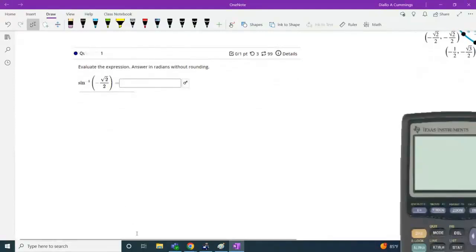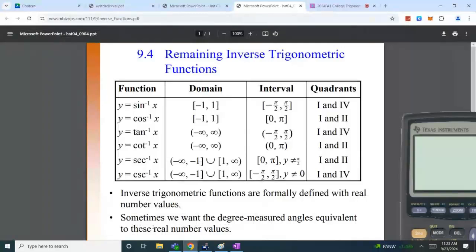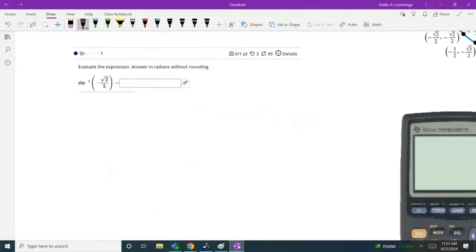It says evaluate the expression, answer in radians without rounding. So we want the arc sine of negative square root of 2 over 2. What we're actually looking for is an angle measure. So I'm going to interpret this using these intervals as: what angle, because the arc sine is an angle,